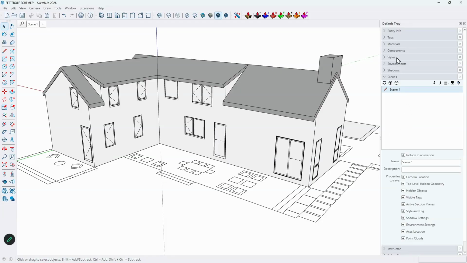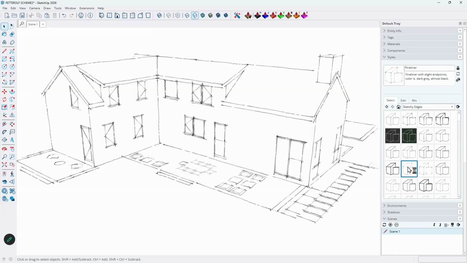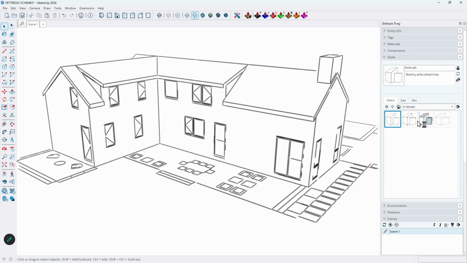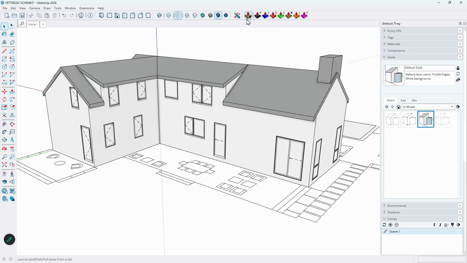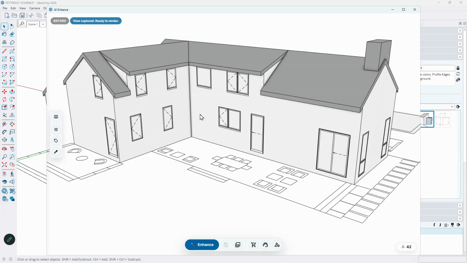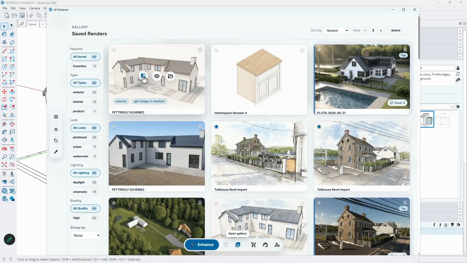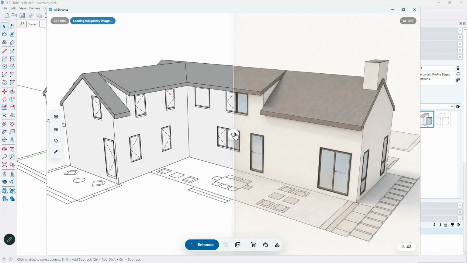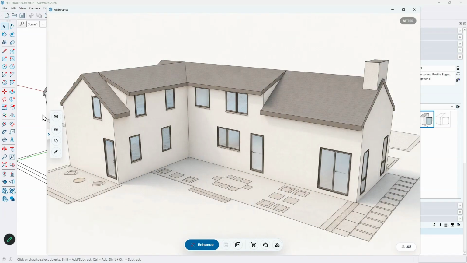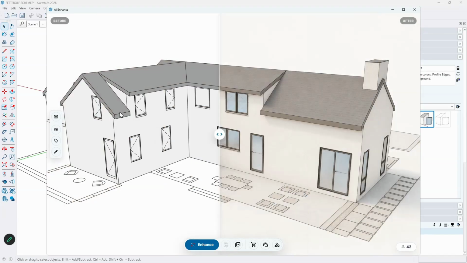So native SketchUp tools at this level where it's schematic, I might do a sketchy edge or sketchy style, but I may also use some other tools. For example, as I mentioned earlier, I developed an extension called AI Enhance. So here you can launch this as a view and then render this out. And again, just for time purposes, I'll just show you what one of those looks like instead of running through this. But basically you can take that SketchUp view without having to draw the doors and windows,